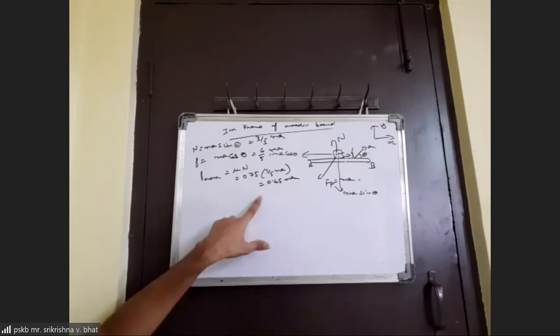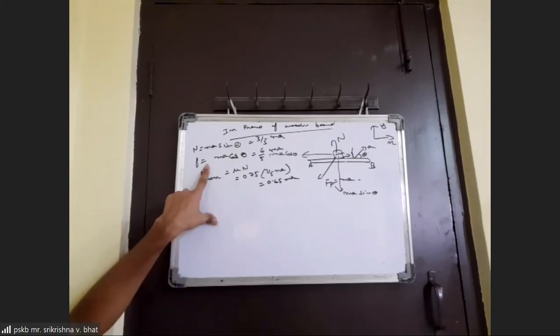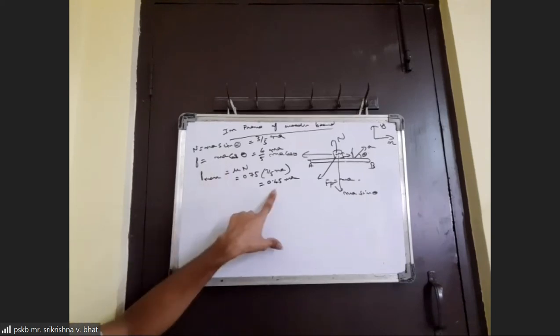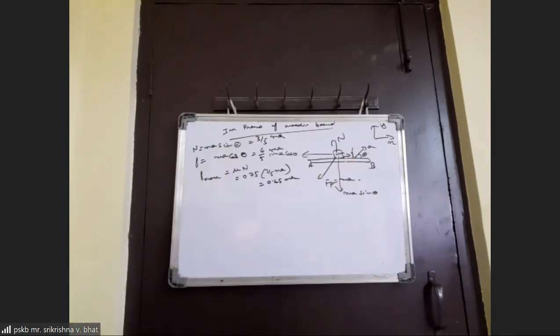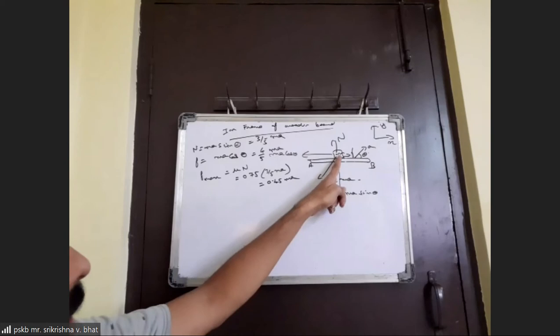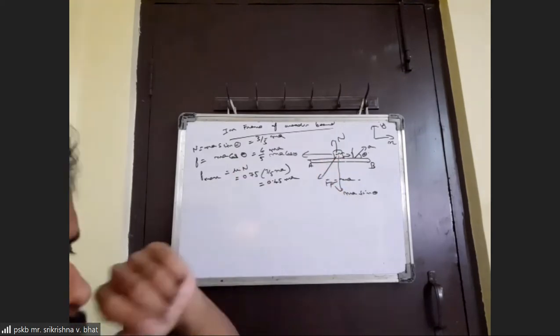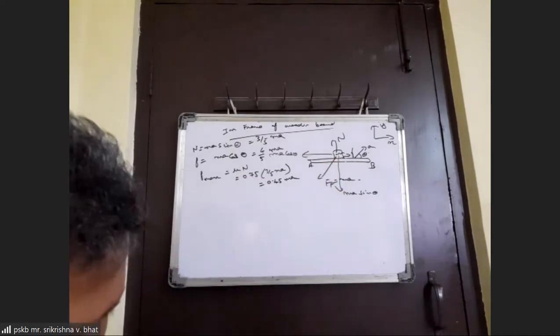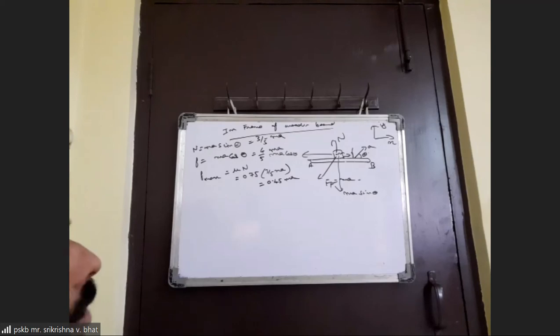Okay, you can compare this with the value of friction force that we have got. That is 4/5 Ma. So definitely 4/5 Ma is much more than this. It's not possible that friction force can be more than the maximum force of static friction. So it's clearly showing that the block cannot be at rest relative to the board. It must be sliding relative to the board.